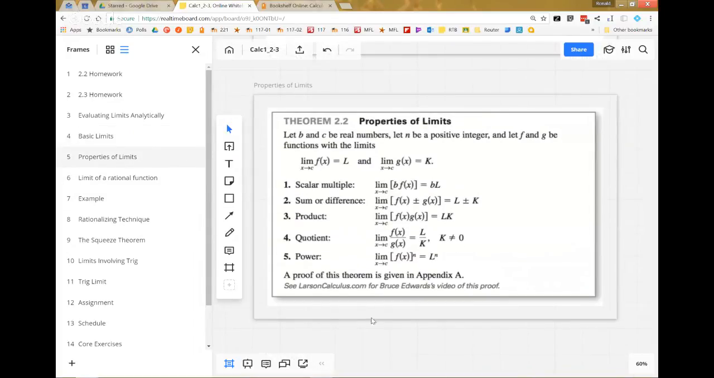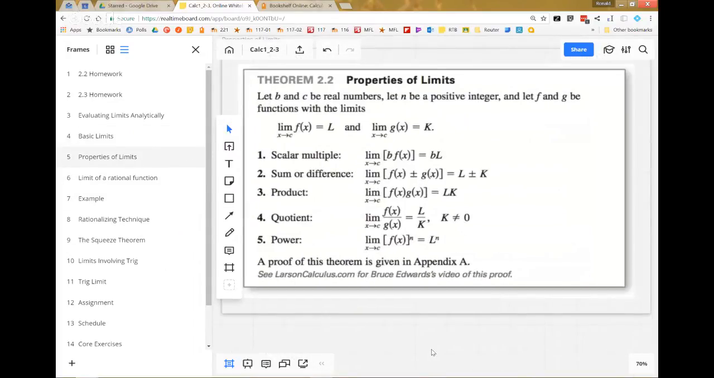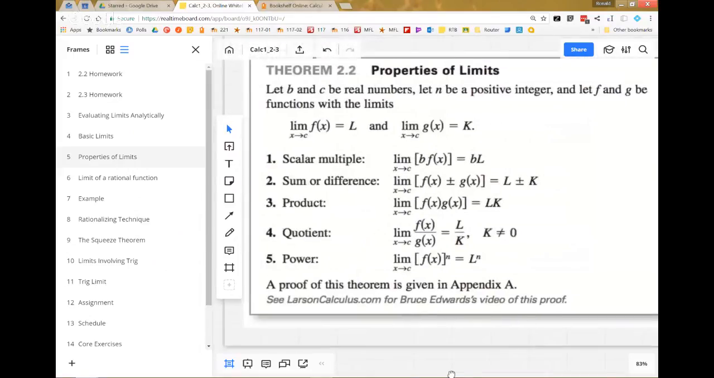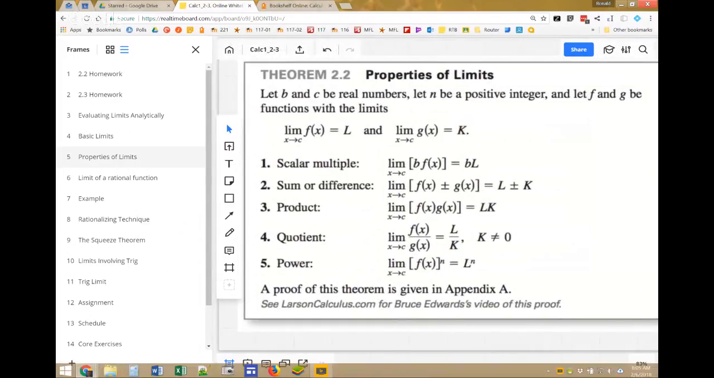Now, I have really good news for you. Limits work just the way you'd like them to. Let me explain. On the top, we have the given. The given is, for the function f of x, what happens to the limit of that as x approaches c? Let's say the answer is some number L. And the limit of g of x as x approaches c is k. Well, with that in mind,